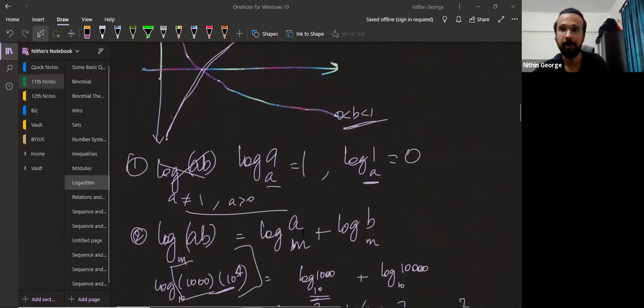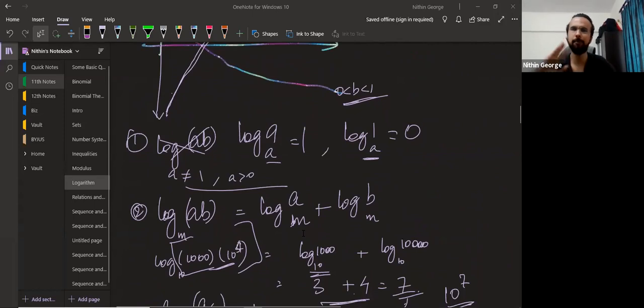All right. Next, we did some properties. Log a to the base a will always be 1 if a is a permissible value greater than 0 and not equal to 1. Log 1 to the base a will always be equal to 0 whether a is greater than 1 or less than 1. But a should be greater than 0, because any positive quantity raised to 0 is 1. That's the idea here. Next, log AB is equal to log A plus log B.